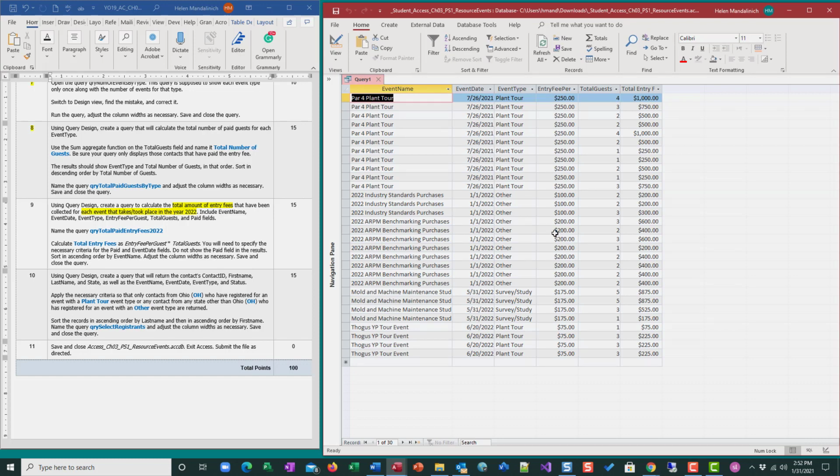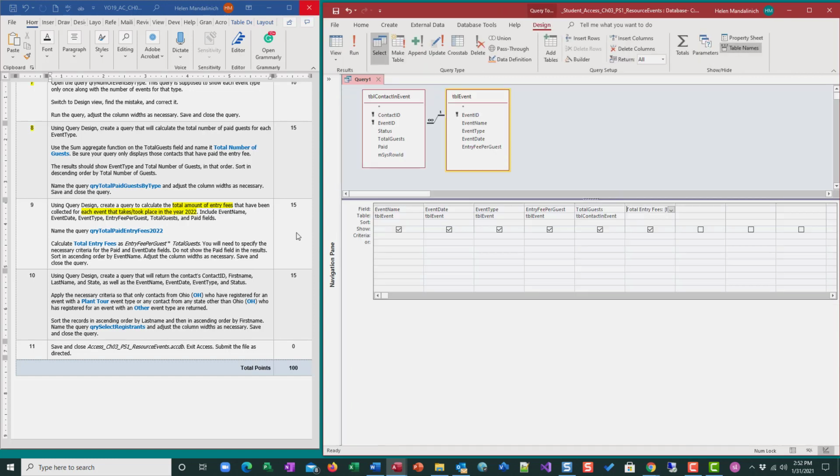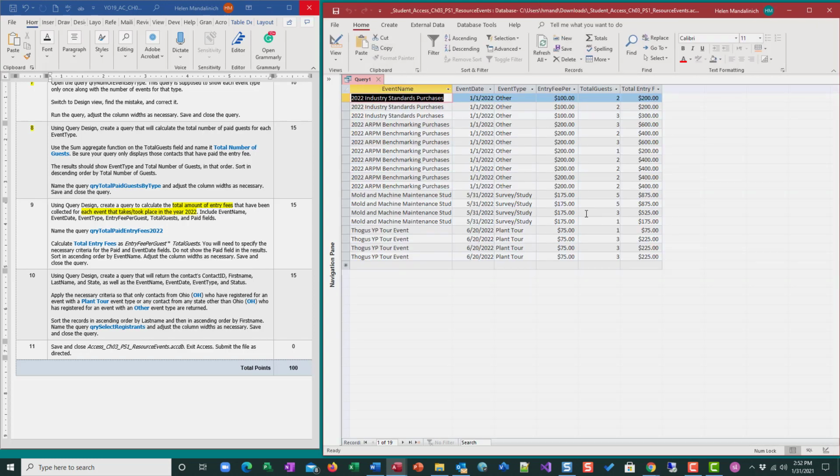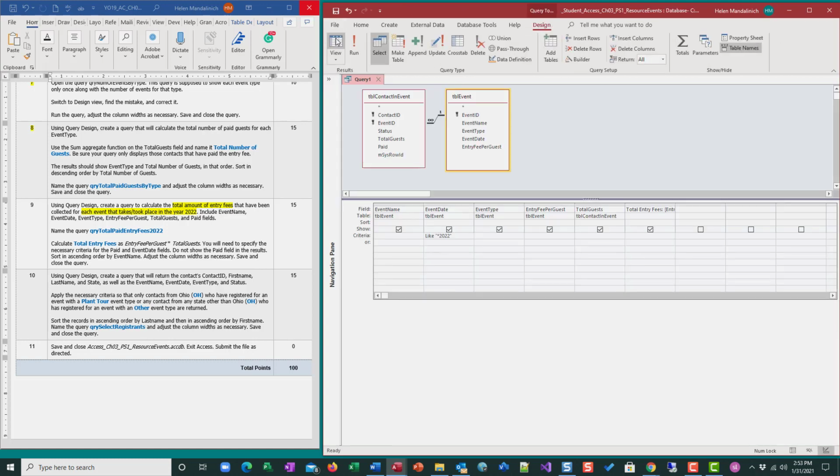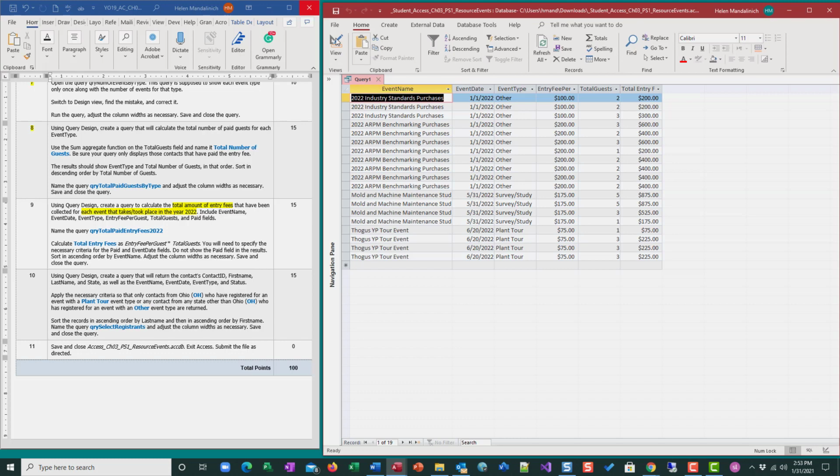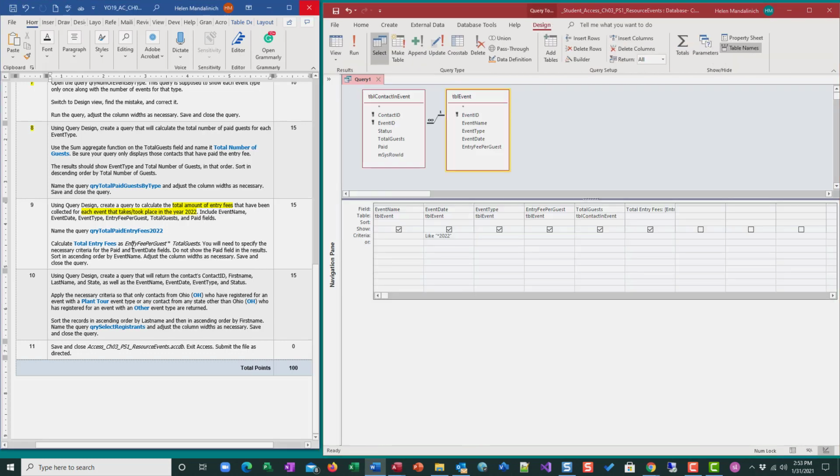So what we need is we need to limit this to just 2022, right? The year 2022. So under event date, I'm just going to put asterisk 2022 and then tab. It puts in the like, so now I'm going to run it. Okay, so that's cool, but we're not there yet. So now we have it down to just 2022, but